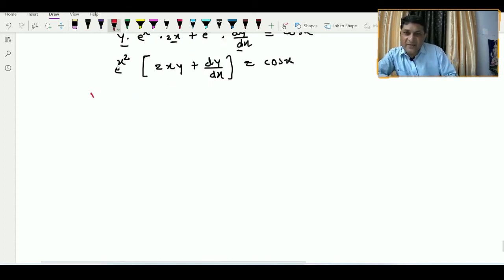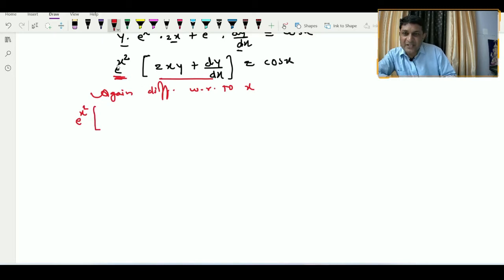Now again we are differentiating with respect to x. So on this side, to find out the differentiation, we have to apply product rule. According to product rule, keep first term, means e raised to power x square as it is, into derivative of second term. Now observe this whole is the second term. Now we are finding derivative of 2xy. 2, keep it as it is. Here to find out derivative of xy, we have to apply what? Product rule. X into y का derivative product rule से. First term as it is, derivative of y is dy by dx, plus y as it is,